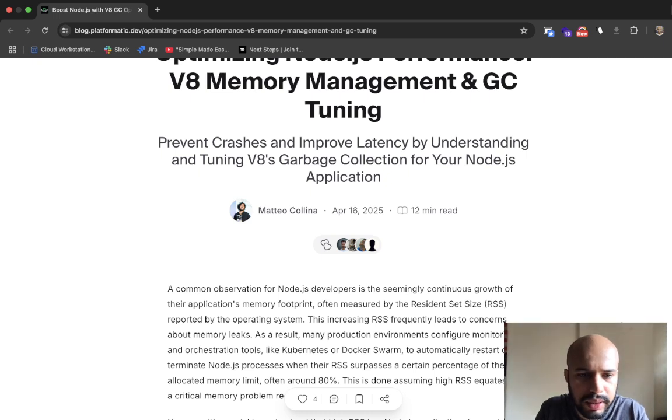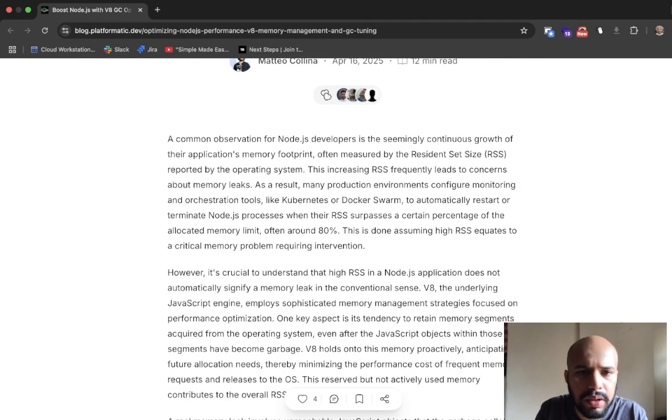A common observation for Node.js developers is the seemingly continuous growth of their application's memory footprint, often measured by RSS, also called resident set size, reported by the operating system. This increasing RSS frequently leads to concerns about memory leaks. As a result, many